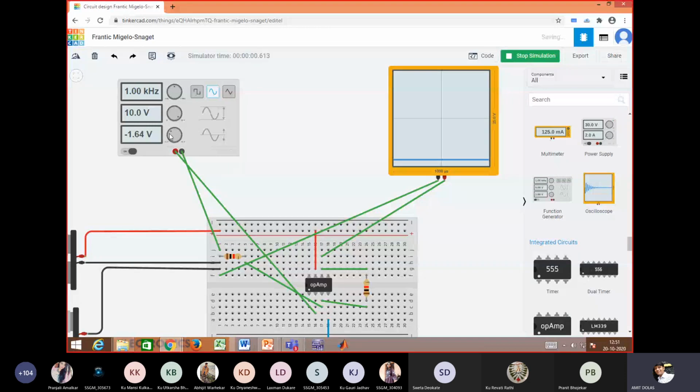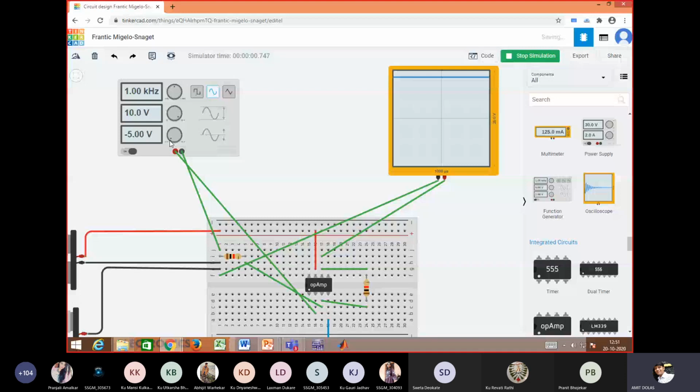There's something wrong with the threshold. Now you can see as I move the threshold in minus, it changed to positive. We said our Schmitt trigger is working, but we are not able to set this function generator properly. That is the problem.